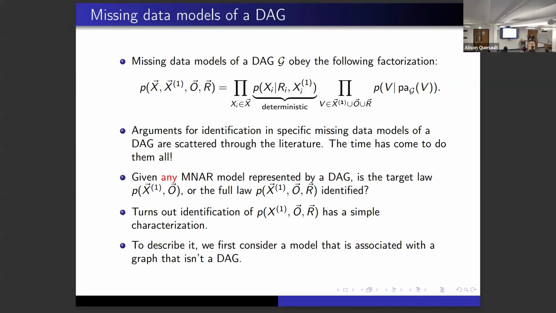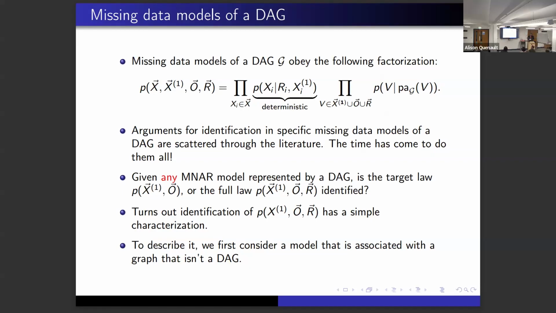Anyways, the utility of DAGs, of course, is you could just think of all DAGs together and try to develop a unified theory for all things representable as a DAG. And so one question you could ask is, given any model, MAR, MNAR, given by a DAG, can we get the target law or the full law? Full law just includes the indicators too. For the latter question, it turns out that the answer is actually fairly simple once you see it. For the former one, that's still open, not for lack of trying. We tried very hard, we're still working on it.